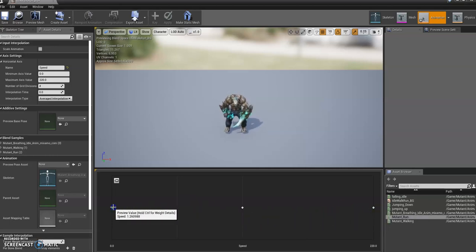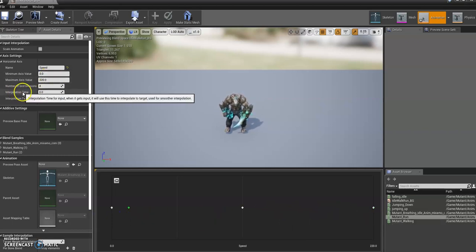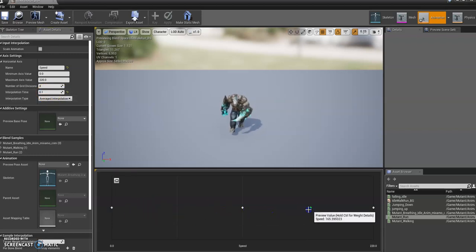And that's going to make more sense later when we come to actually program this in, how the character is going to move. Okay, interpolation time. Okay, just put it like 0.1 or something. I think that's just to do with how smooth the transition is between animations. But that looks pretty smooth how it is, so that's okay. So we can save that,